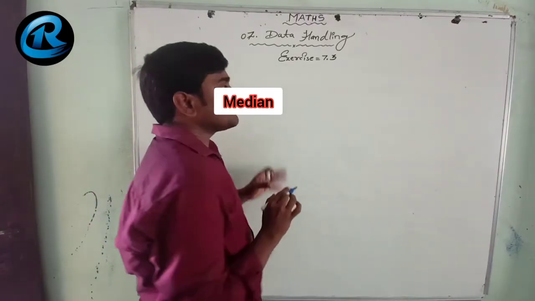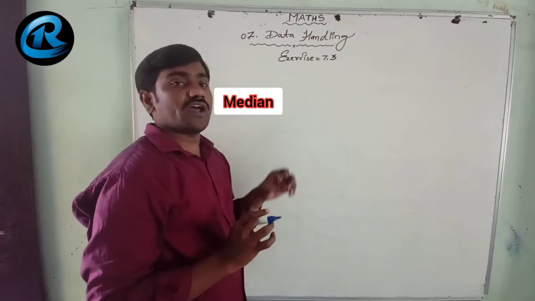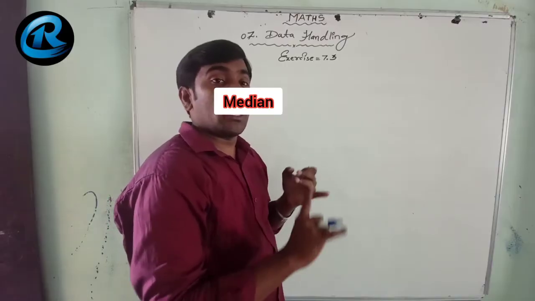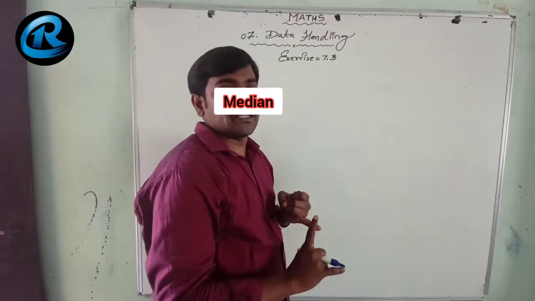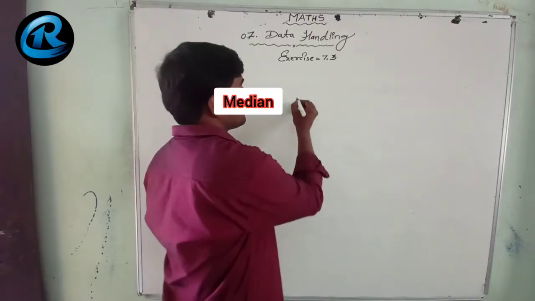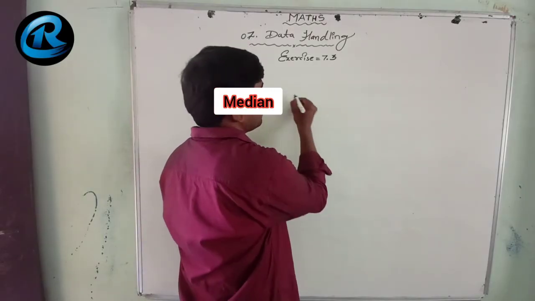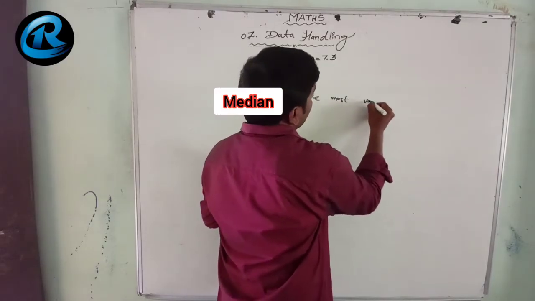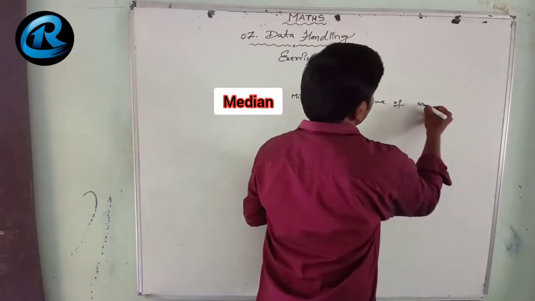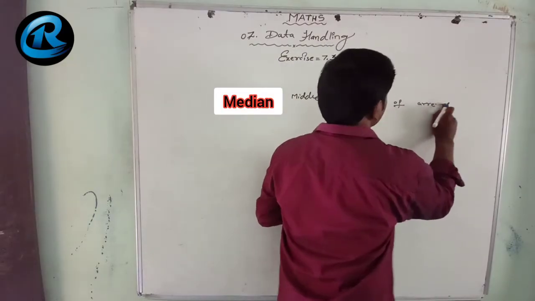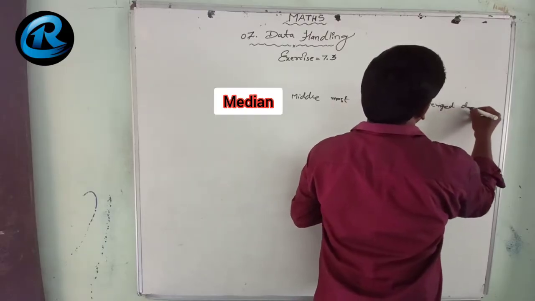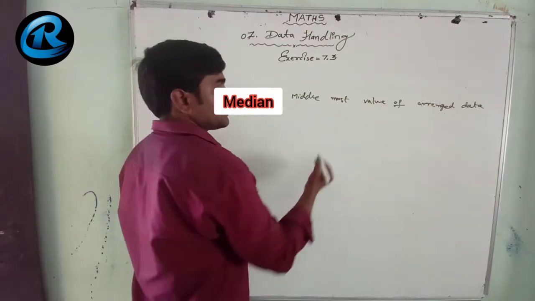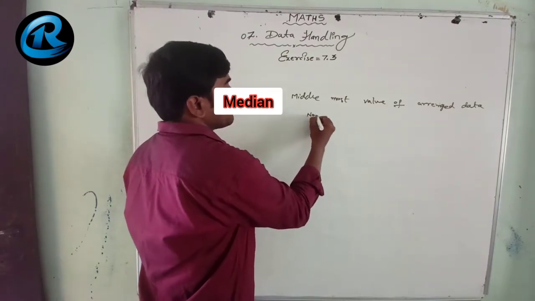Median. So already we know what is median? The middlemost value of arranged data. The given data we have to check whether it is in order or not. It should be in either ascending order or descending order. Median is the middlemost value of arranged data, either in ascending order or descending order, and it also depends on the number of